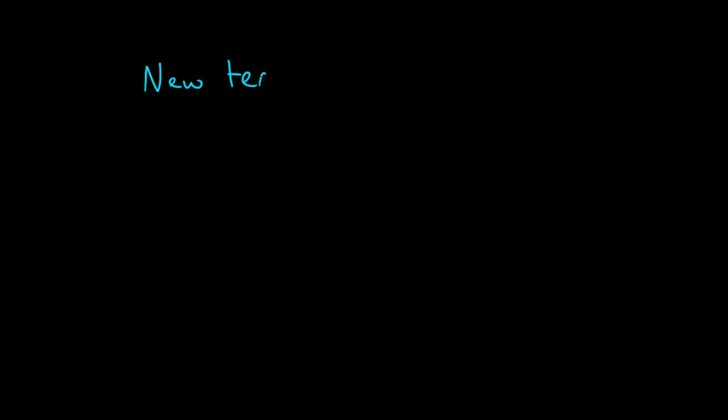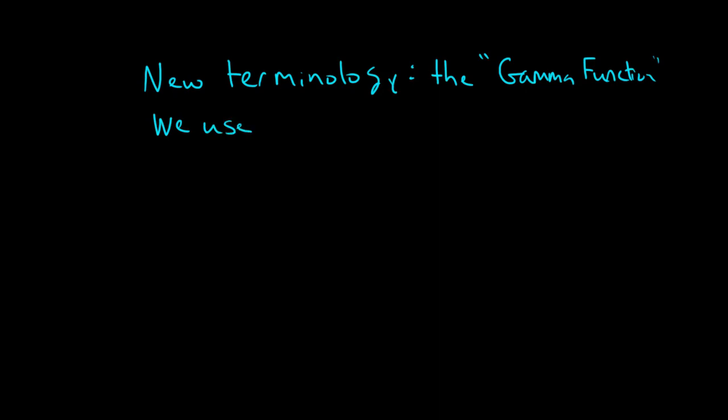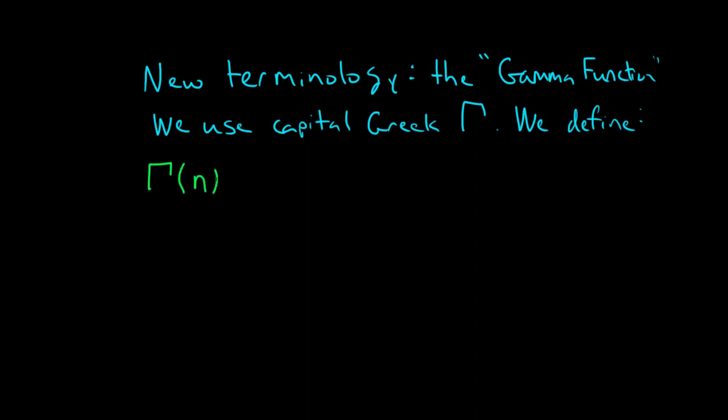Excellent. So now I'm going to introduce some new terminology. I'm going to start talking about something called the gamma function. The gamma function is really just the n minus 1 factorial function. But for historical reasons, it gets its own special Greek letter gamma. And we write, or rather we define, gamma of n equals n minus 1 factorial,